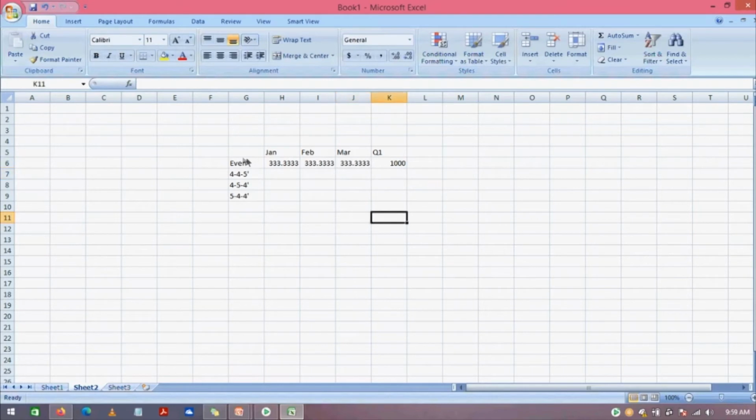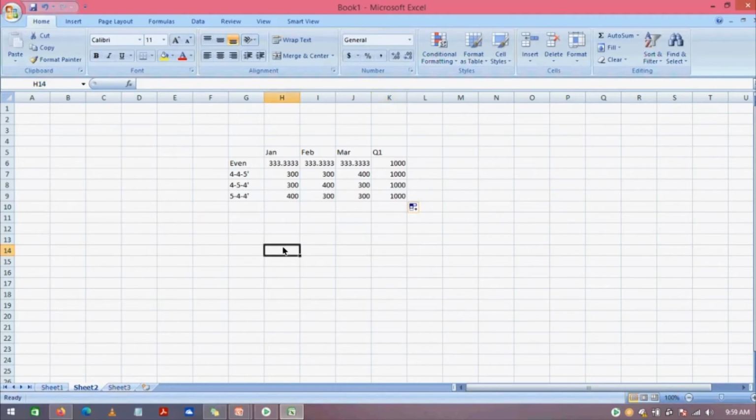If you select the even distribution option, your data will be distributed equally for descendants, like while doing top down planning. If you select 445, the data is split into four parts, for example here 300, 300 and 400. And when you select 454, it will be 300, 400 and 300. When you go with 544, it will be 400, 300 and 300. That means for the same 1000, how you want to distribute data